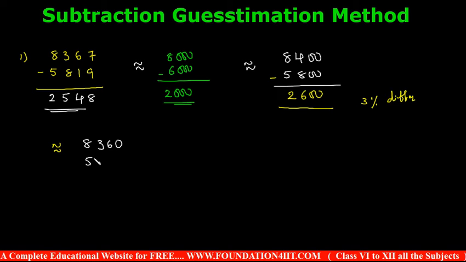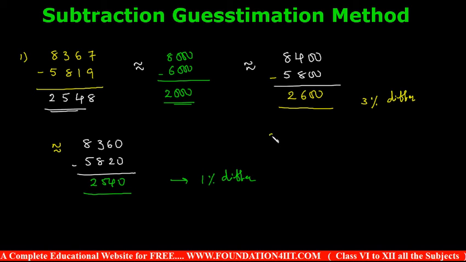And this is 5820. If you see this difference, you will get 2540. Simple: 60 minus 20 is 40, 83 minus 58 is 25. 2548, 2540. So only 8 is the difference, hardly 1% different. So guessing is also one of the techniques you can follow. Whenever the number is rounded to the nearest 1000, nearest hundreds, nearest tens, the difference also will be reduced. Thus, depending on our guesstimation concept, you can apply.